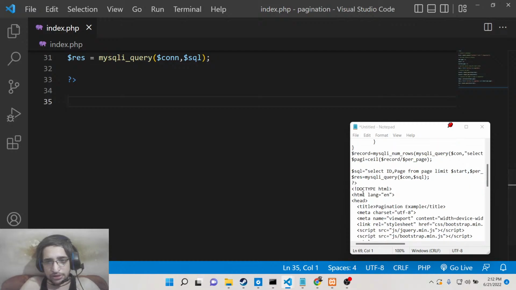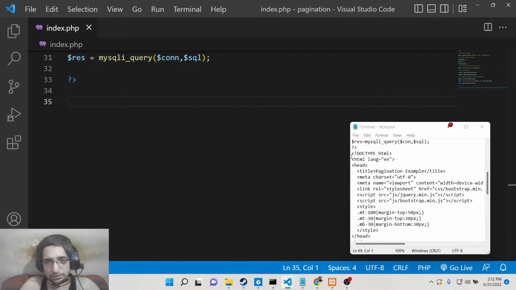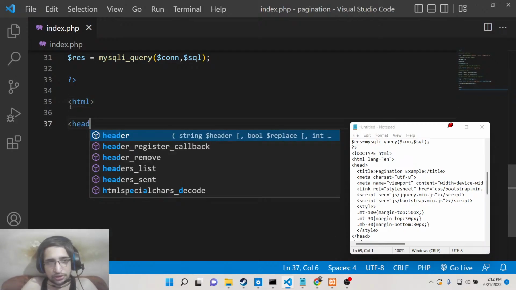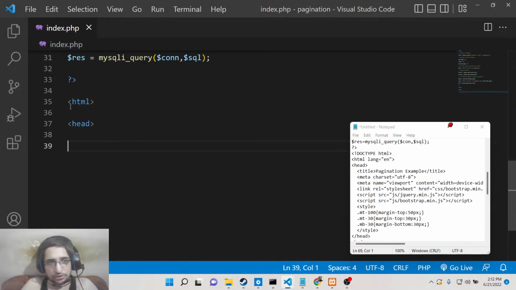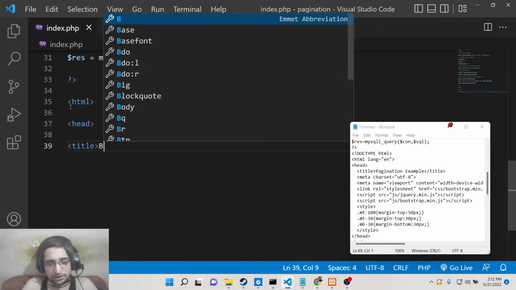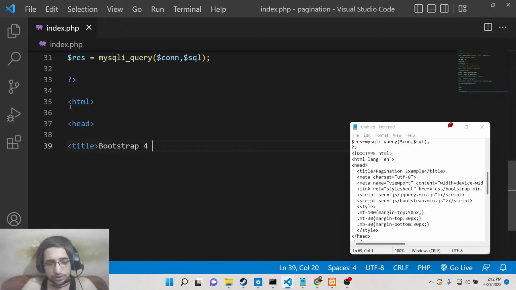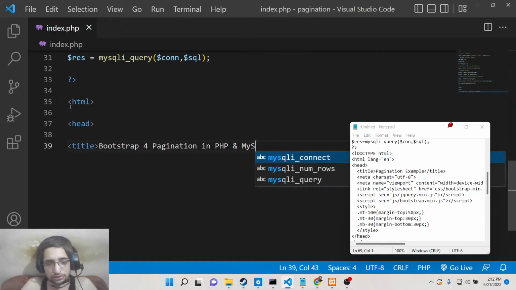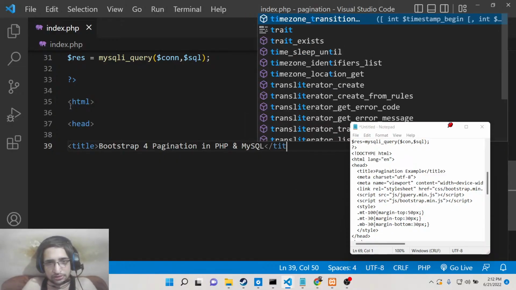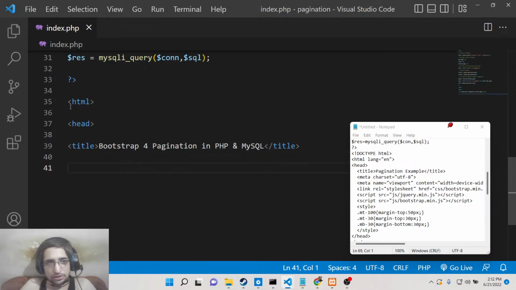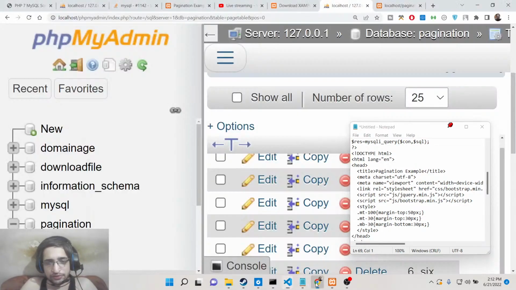now we need to include our Bootstrap and jQuery. It is very easy. So in the head, in the title, we can say Bootstrap for pagination in PHP and MySQL. Close the title. So for this, guys, we will need